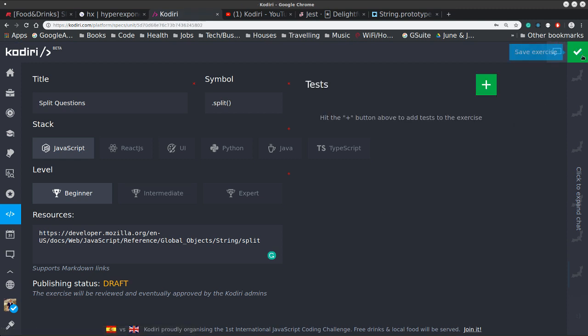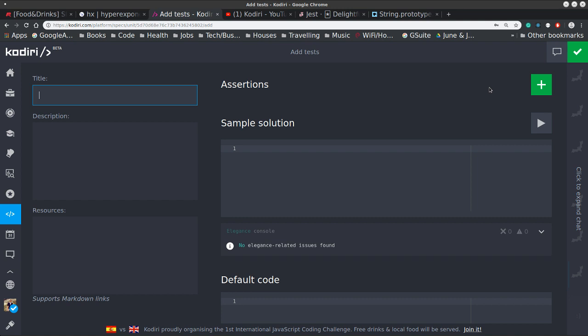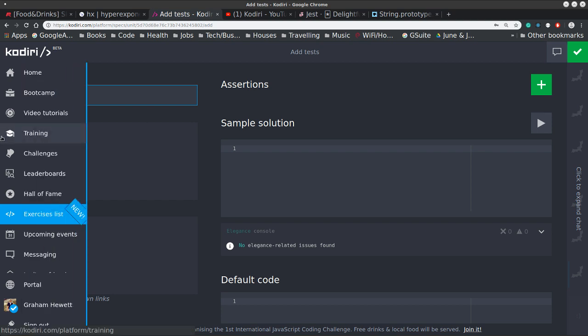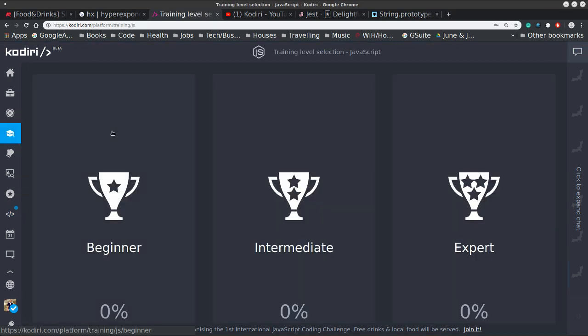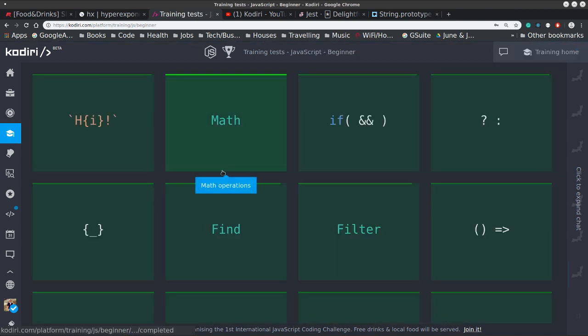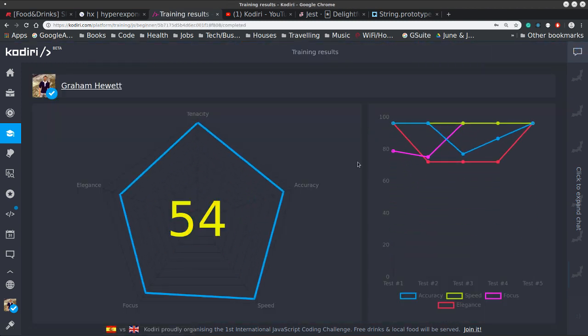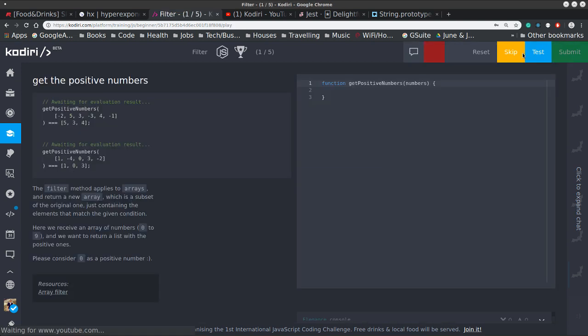You could create that just by clicking the tick above, and then you get a slightly different view. It's asking you to add some unit tests, which is what we're going to cover today in our TDD workshop. Now it's a little bit different with JavaScript because we've done it very, very simple on the platform. If, for example, we went to a training exercise, and maybe we went to filter,